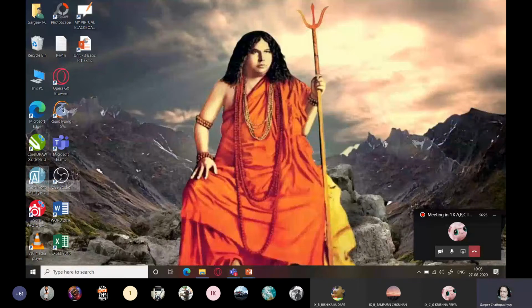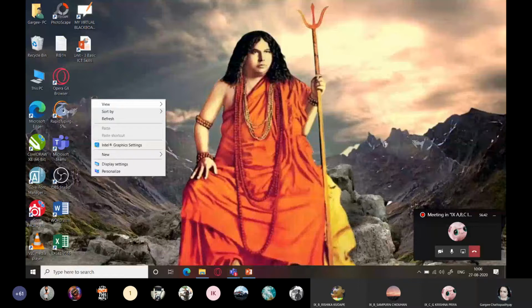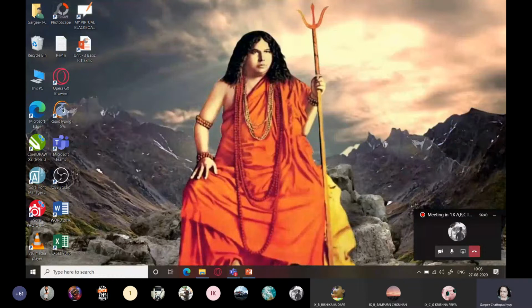My mouse pointer is causing some problem. I'm unable to see the mouse pointer. I don't know, did I press some button? Just give me a moment, students.